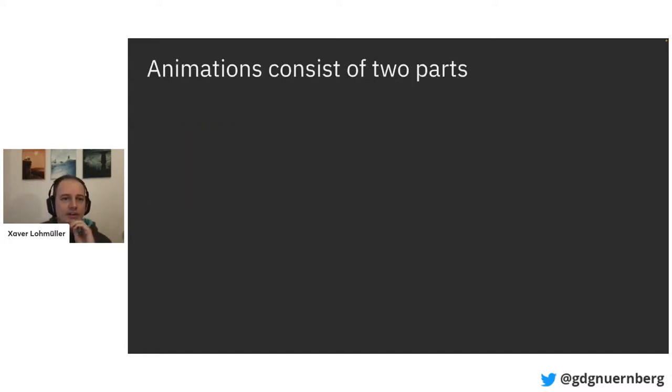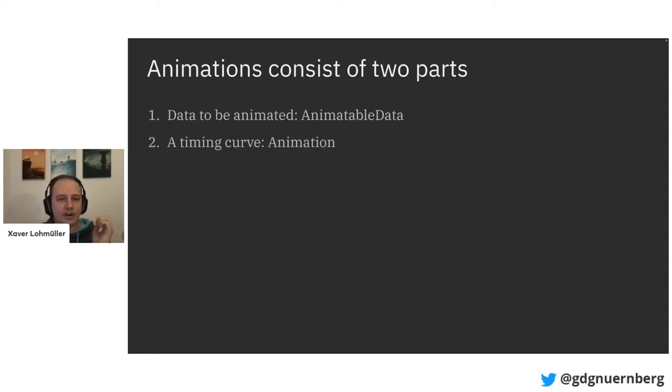And in SwiftUI, we have two moving parts when we're dealing with animations. One of them is the underlying state, or the data, and for that we have a protocol, which is like an interface in Java, called Animatable data. The second part is a timing curve, and that's what we call an animation. But it's not really what we think of, like flashy lights moving around the screen, it's in fact just a timing curve. So I think it's a bit of a misnomer, but it sort of makes sense.